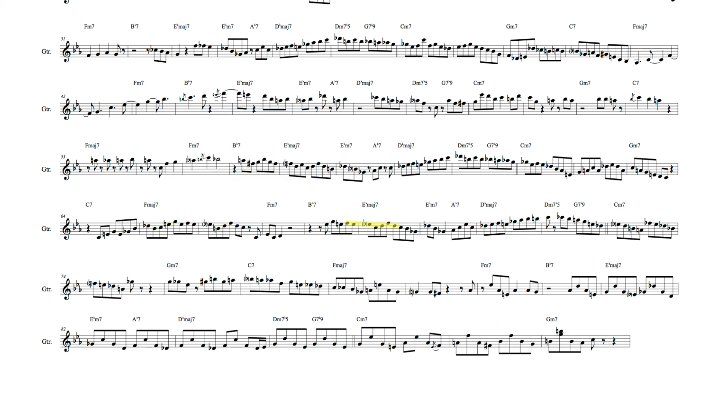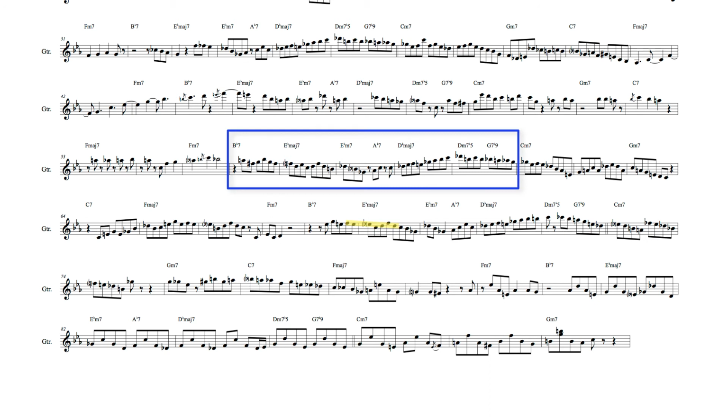From here, another long-range line begins whose contour resembles this earlier line. Like the earlier example, this line also initially descends to C, the 3rd of A flat 7 harmony, before moving up this D flat major 7 arpeggio to then continue its descent to end on G, the root note of G7 harmony.